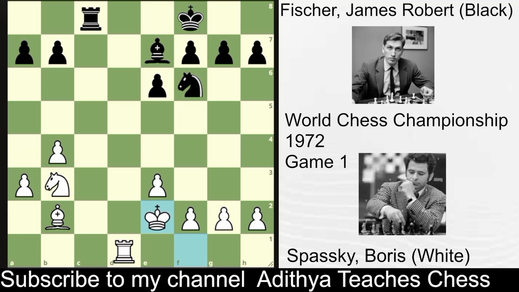king e2, knight e4. The idea of knight e4 is to give check on c3, creating a fork and also forcing the white bishop to capture, and finally black is better in the endgame. Rook c1, preventing knight c3 check, rook takes c1, bishop takes c1,